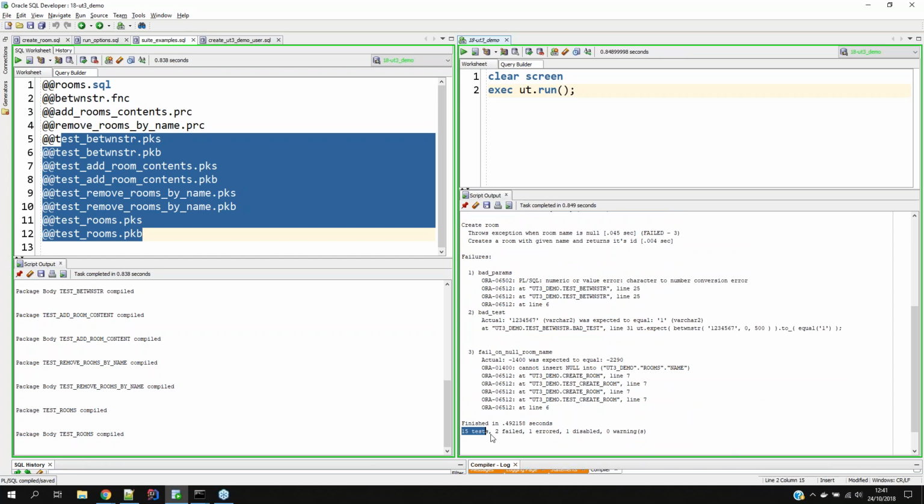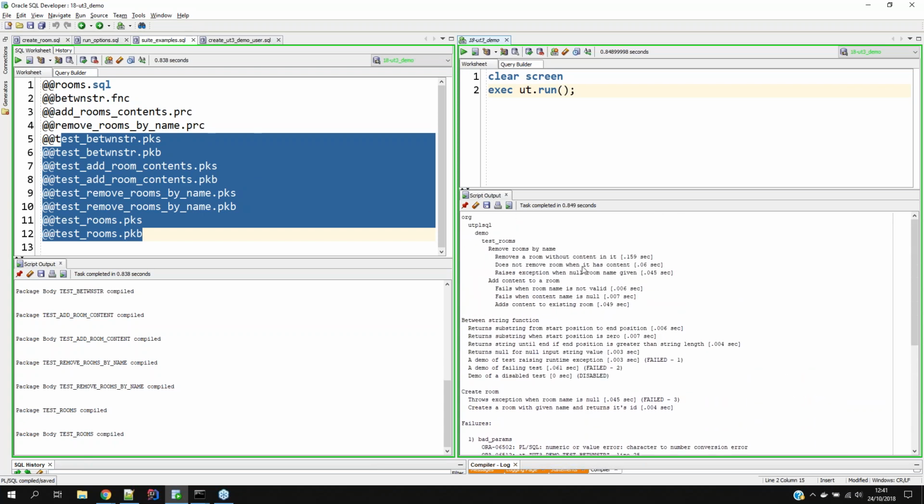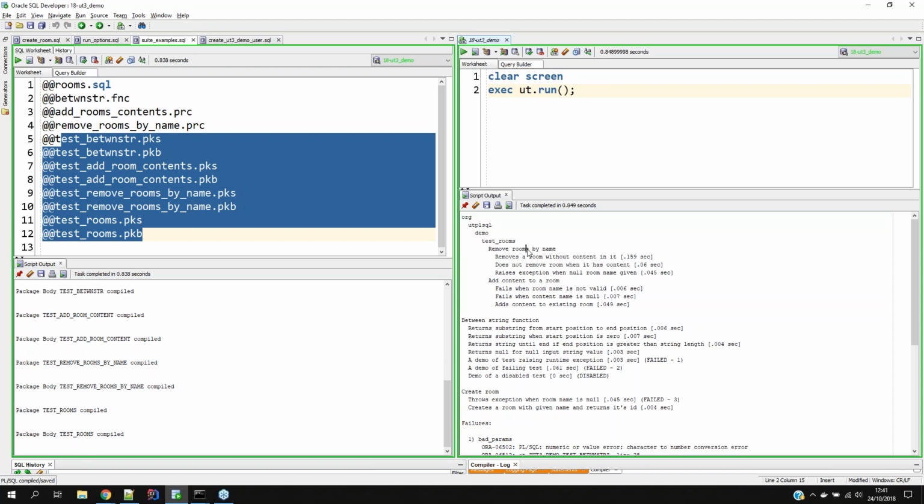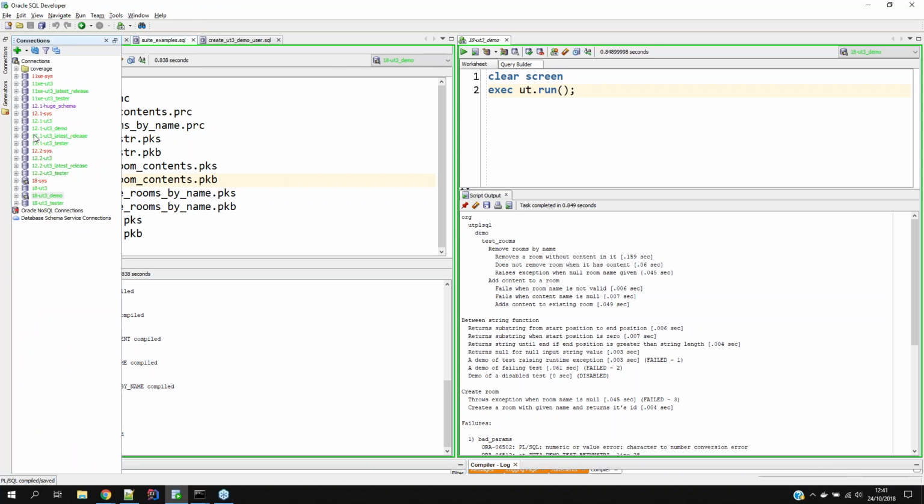I have 15 tests, and 2 of them failed, 1 of them errored, and 1 is disabled. So let's go through that quickly. First of all, you see something new, which is a nesting of the test results. So you see we have remove rooms by name, which is part of test rooms, which is part of demo, part of utPLSQL, part of org. So if I open that particular test suite,